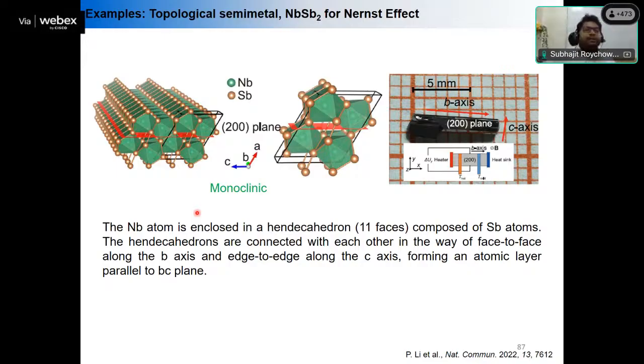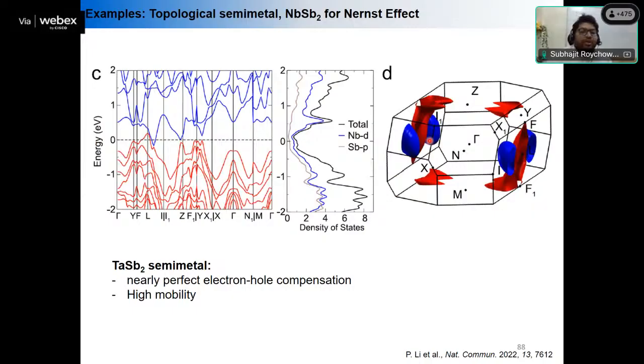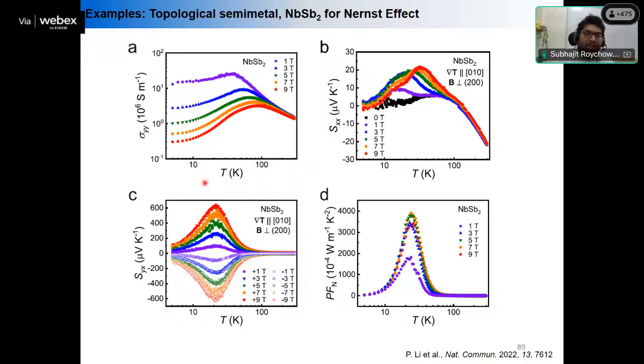I'll talk about another material, that is NbSb2. This is a monoclinic structure and this is a single crystal. So it also has a nearly perfect electron hole compensation. That means it will also be a topological semimetal and it also has a high mobility. As a result, when they measure the Seebeck effect as well as the Nernst effect, you can see the Seebeck